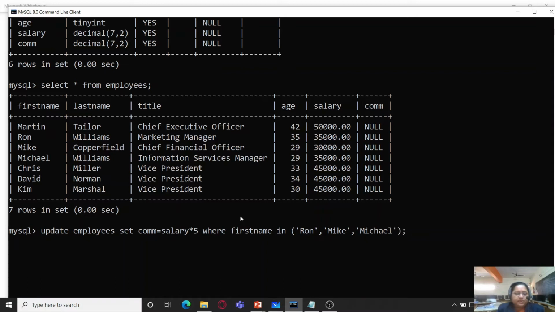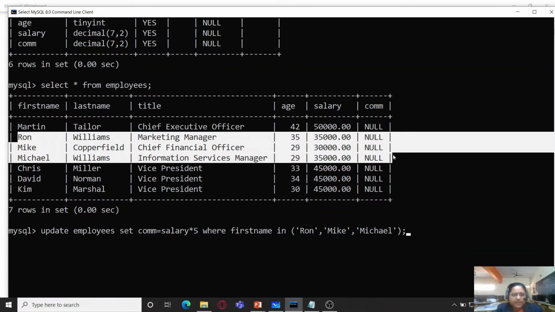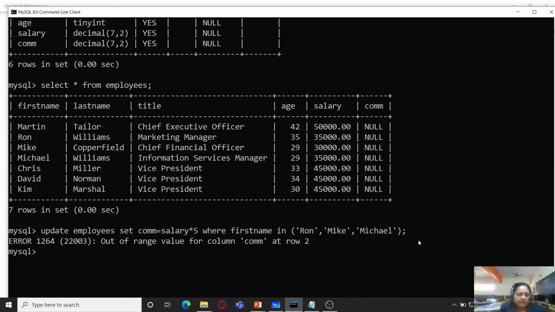So I've just used this easy way to make changes in three tuples, that is these three tuples. And the names are Ron, Mike, and Michael. So wherever it finds the first name as Ron, Mike, or Michael, it is going to calculate commission as 5% of salary. Let's run this out.